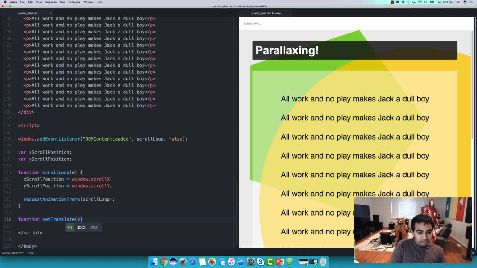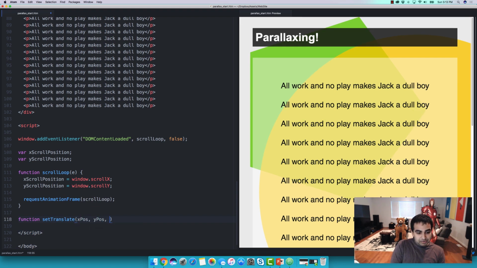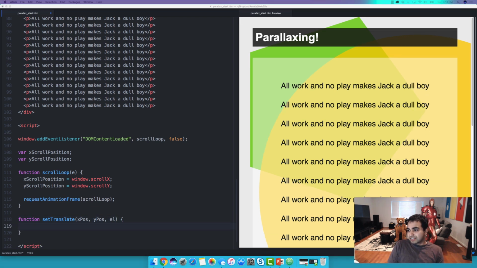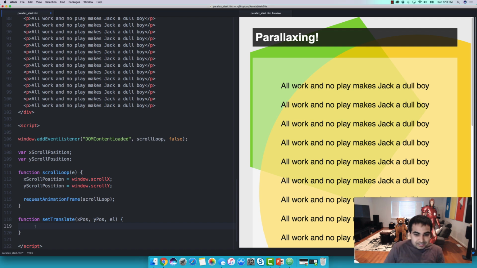And so we have three arguments: x position, y position, and the element itself that we're currently interested in translating. What we're doing here is essentially setting the translate 3D transform on the various elements that you're trying to modify. So what we're going to type is going to look like this: